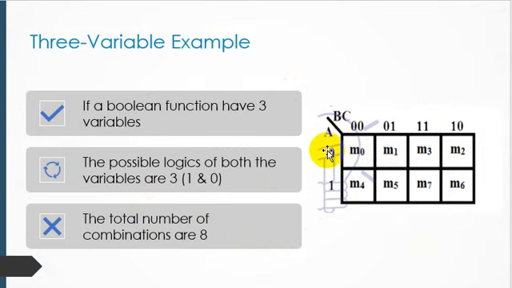A single input is represented here, and for a single input we have only 2 combinations, 0 and 1, and 2 variables are represented on the other side of the line. So if we combine 2 inputs, then obviously the combination becomes like this: 0 0, 0 1, 1 1 and 1 0. The important thing is we just swap M2 and these 2 columns. What is the reason behind it? We will discuss it when you come to the class.